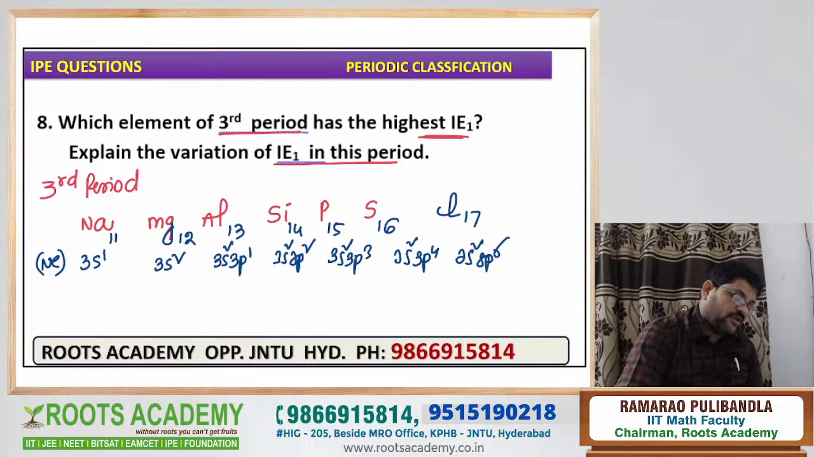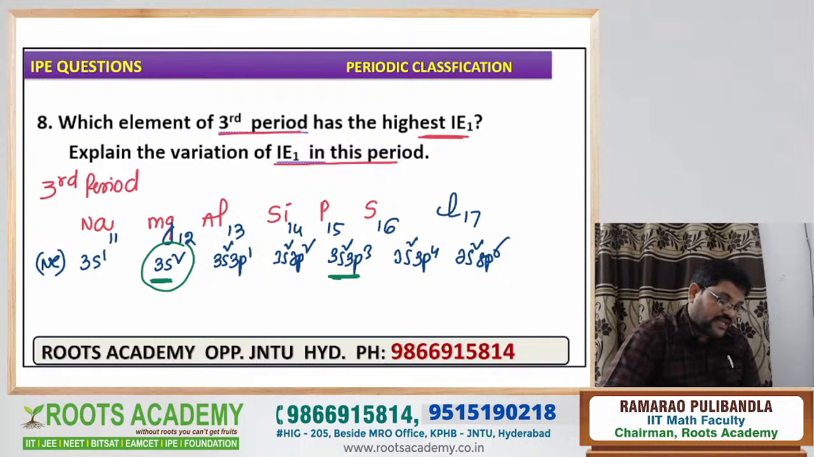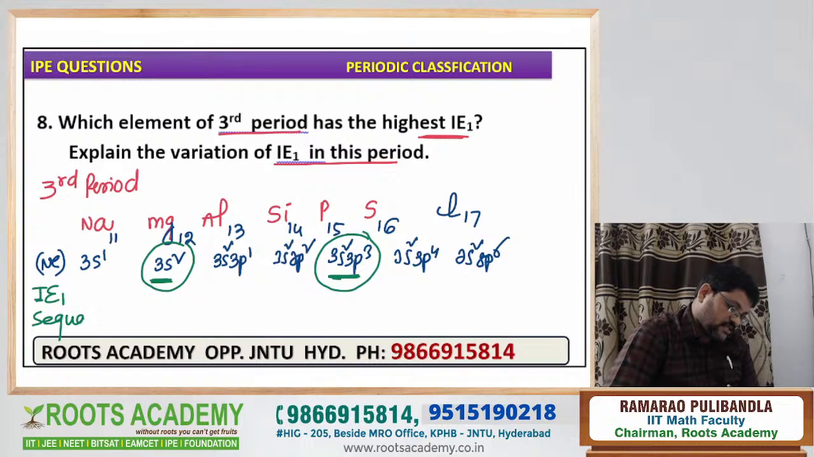Now, what is the important point here, students? See, if the configuration is completely filled, or exactly half filled, that is the stable configuration. That's why to remove the electron from the completely filled configuration or exactly half filled configuration, more amount of ionization energy is required. Therefore, in the ionization energy 1 sequence, sodium has less ionization energy